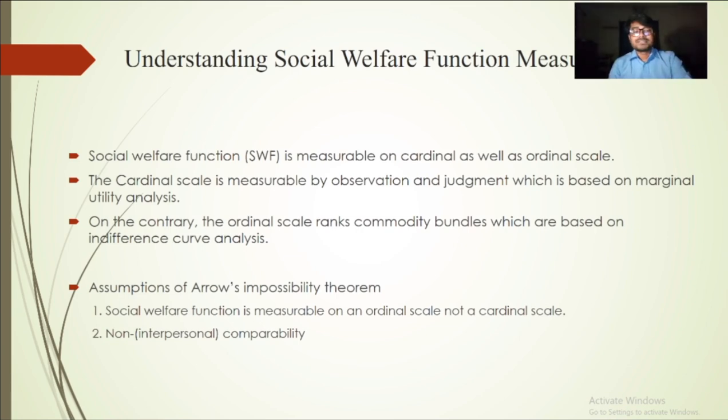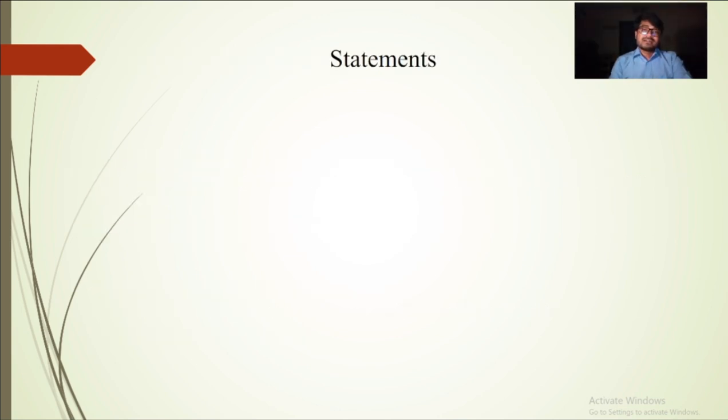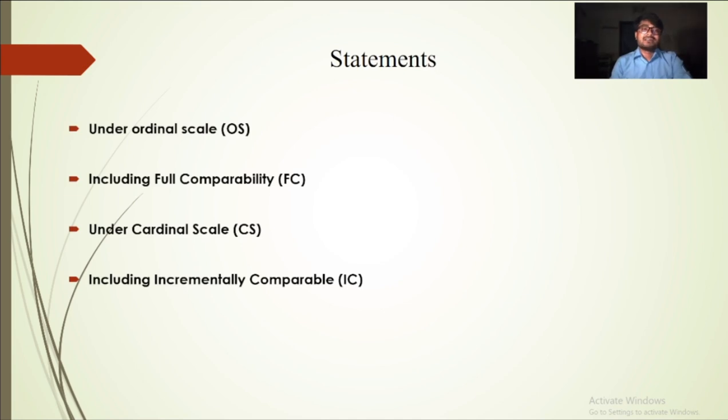The cardinal scale is measurable by observation and judgment, which is based on marginal utility analysis. On the other hand, the ordinal scale ranks commodity bundles, which is based on indifference curve analysis. Ordering fails because of comparability, and majority voting fails because of transitivity. So in the next slide, we'll see some statements under the ordinal scale, including full comparability, under the cardinal scale,